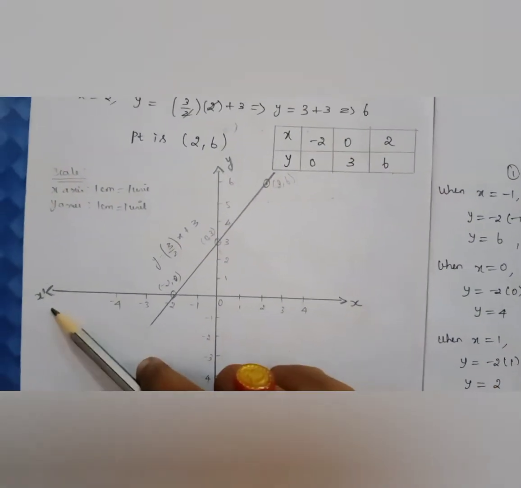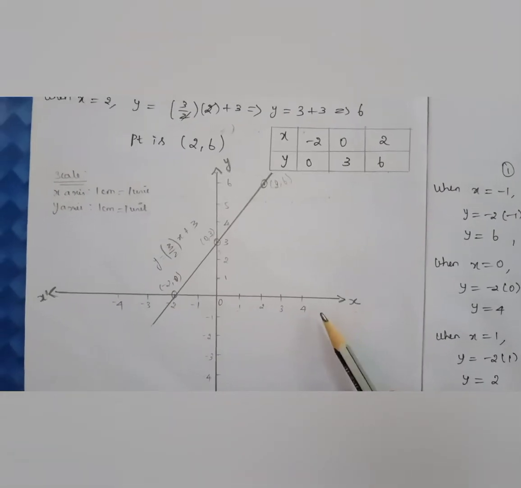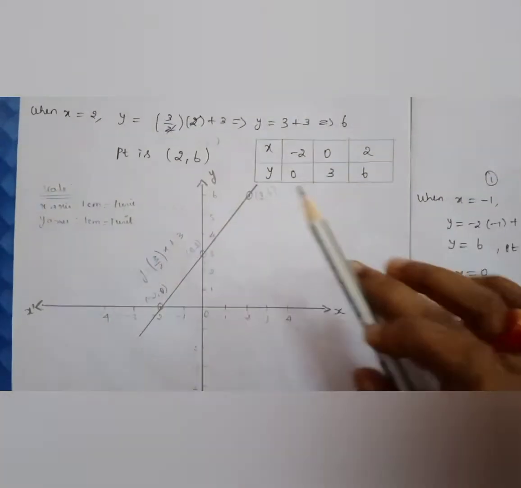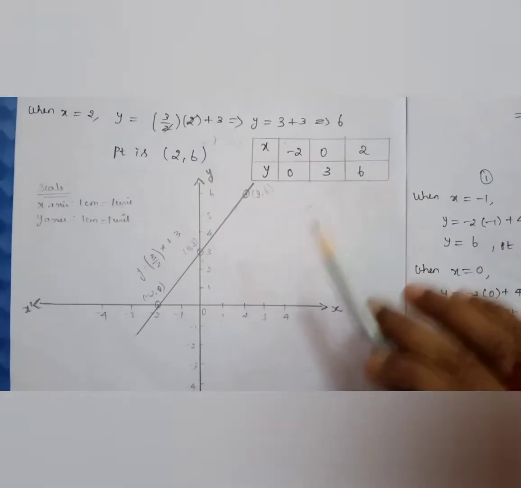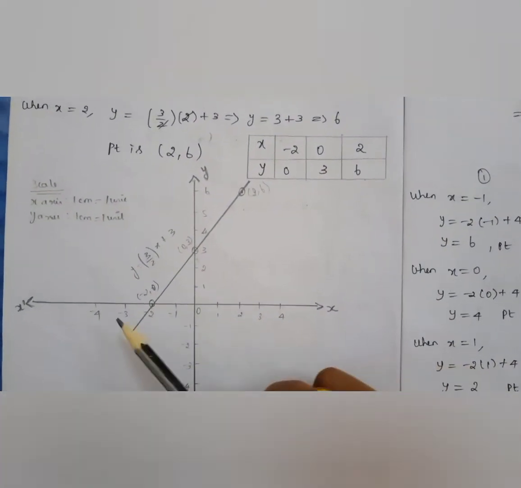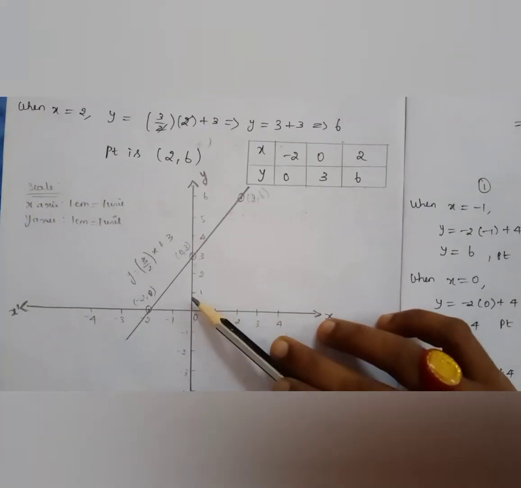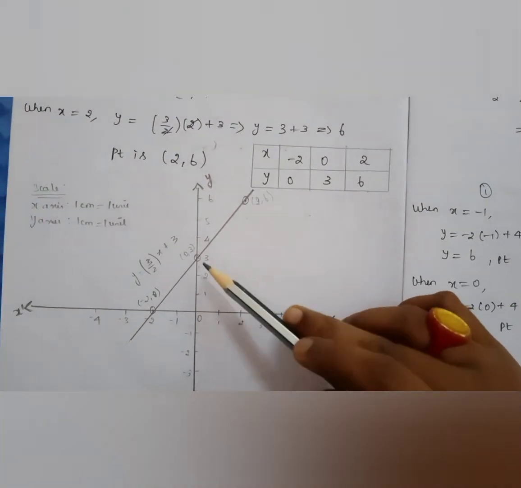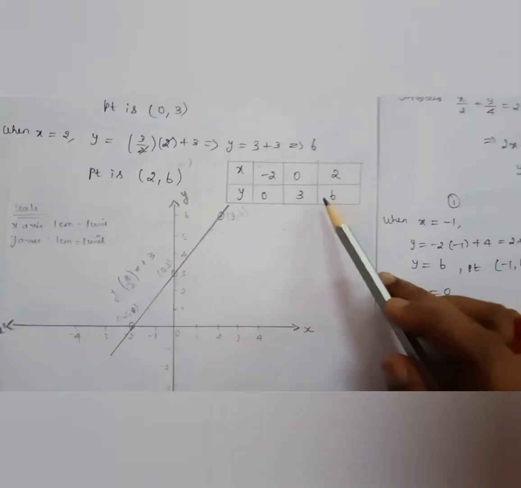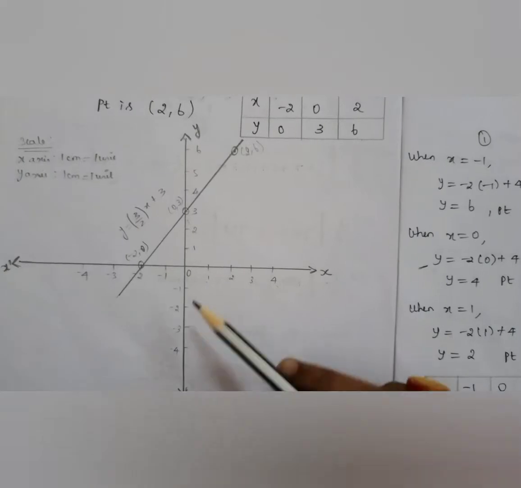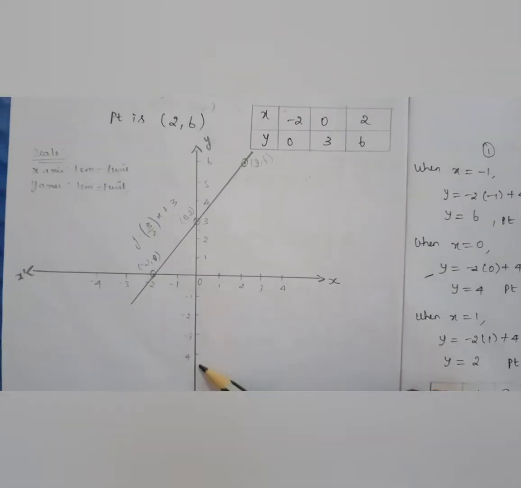So here when I am doing it, I have drawn my x-axis here, this is my x dash. X-axis means it is positive values, 0, 1, 2, 3, 4, etc. Since I am not having much values here, I am restricting the values here. So x dash also will be -1, -2, -3 and 4. Similarly, y will be 1, 2, 3, 4, 5 and 6. Since I am having here till 6, I am making it to be 6. And here also downwards, -1, -2, -3, -4.